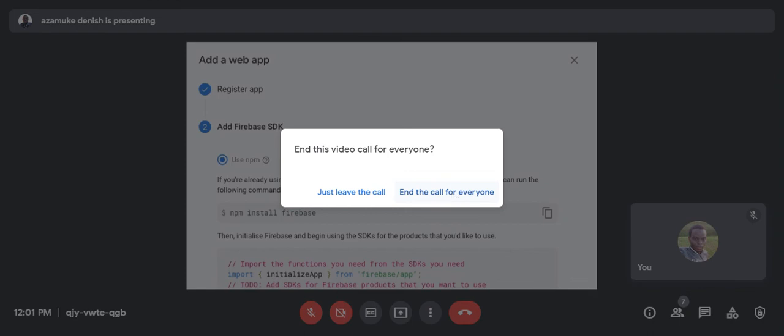So the good thing with Firebase, actually, is that it's rare for you to make mistakes, especially on the interface, because here, if you made a mistake, like